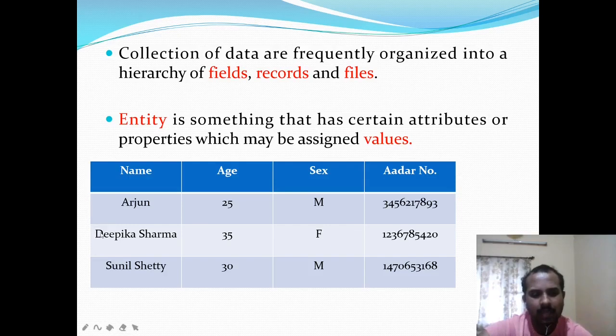Again in the same manner, Deepika 35 F and other things will form another record, the second record, and Sunil Shetty 30 M will form the third record. So in this table we have around 3 records, where name, age, sex and Aadhaar number are the attributes or the properties of the table.